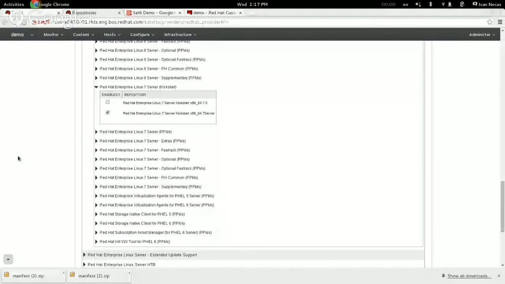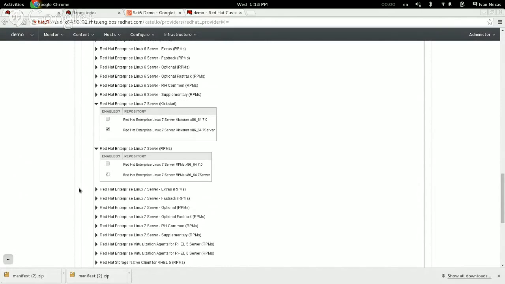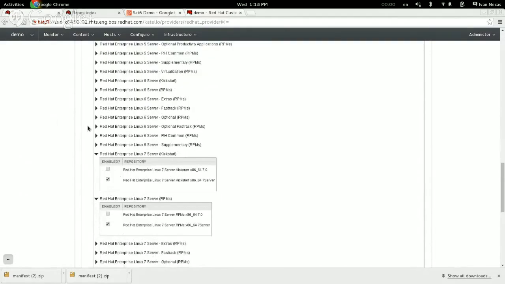So I want the Kickstart one, and I also want just the RPMs. These are the base OS that get updates, get errata. So I will enable these two, and after they are enabled, I can synchronize them. So these are all the available